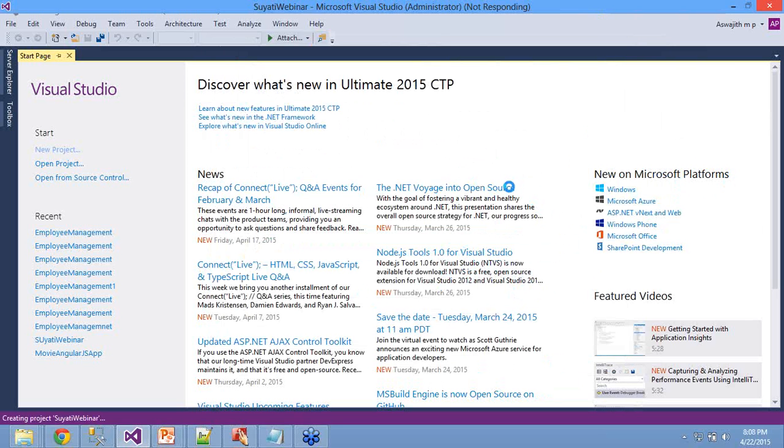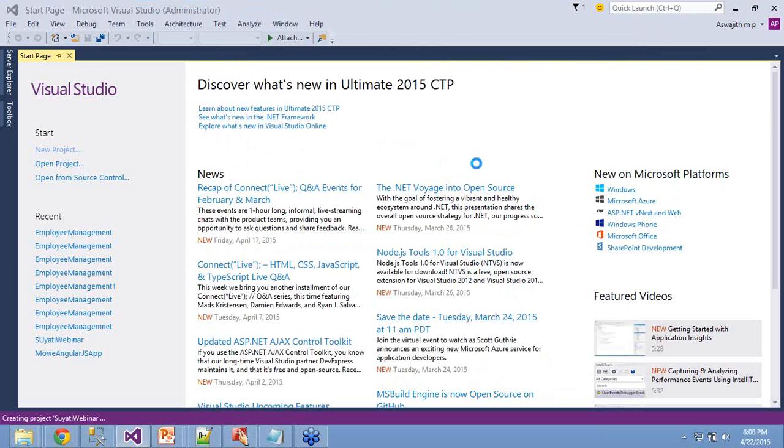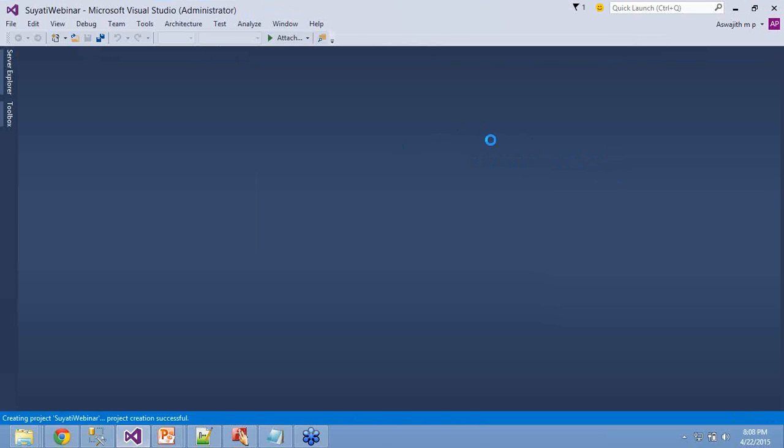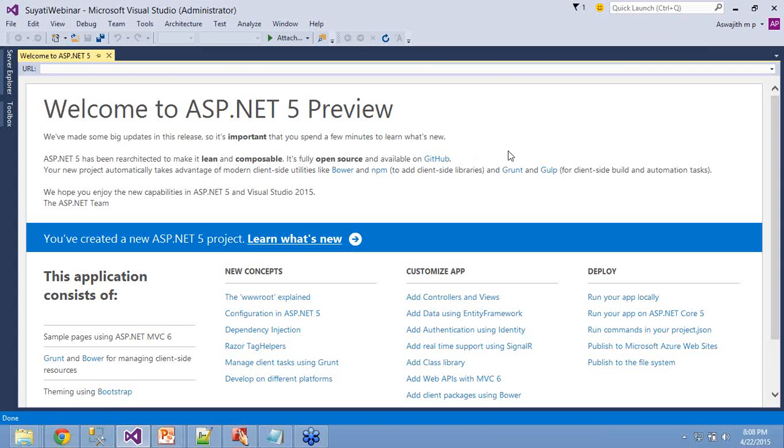Okay, fine. Now it's loading. That means the controllers, filters, models, there are a lot of similar functionalities, but in the previous versions we were using it as a separate software framework. But here,